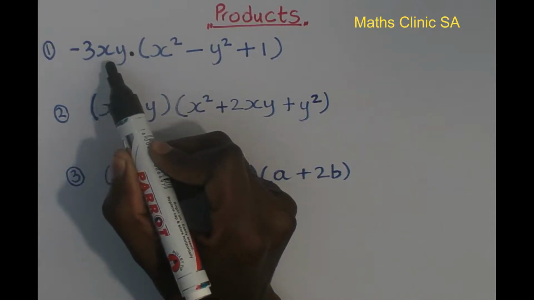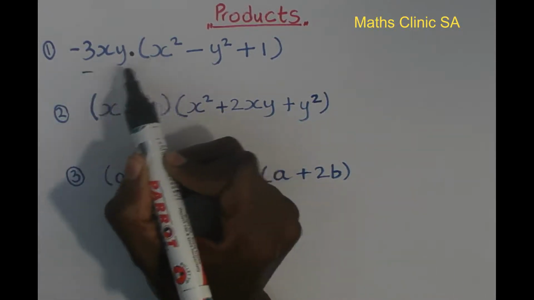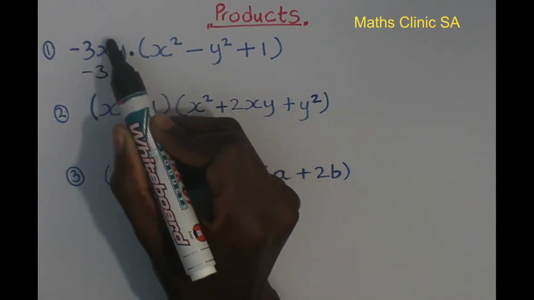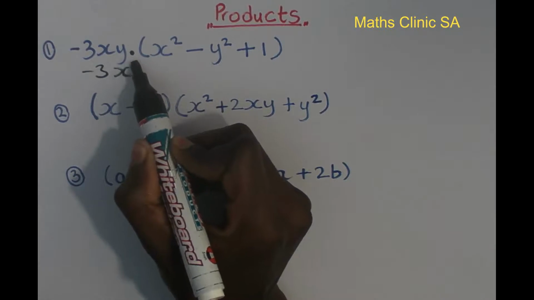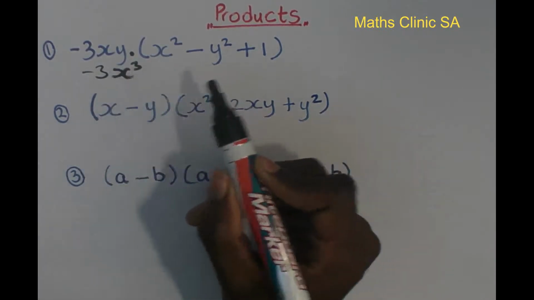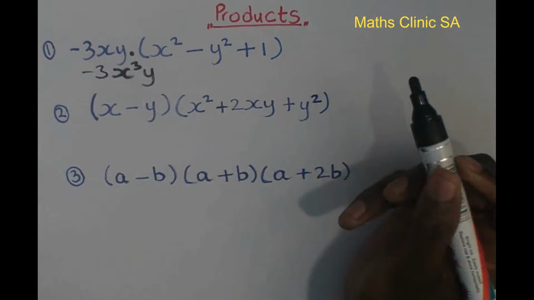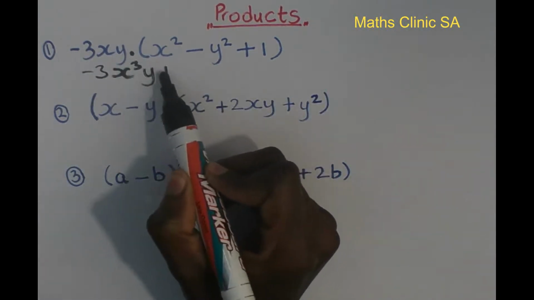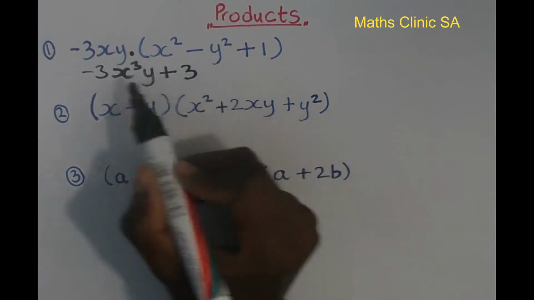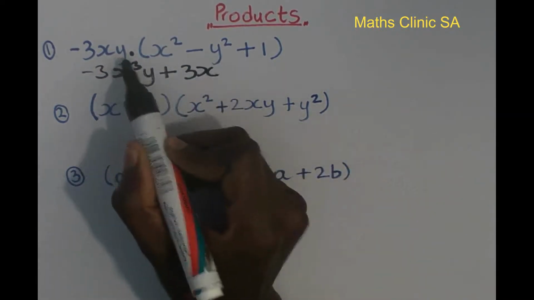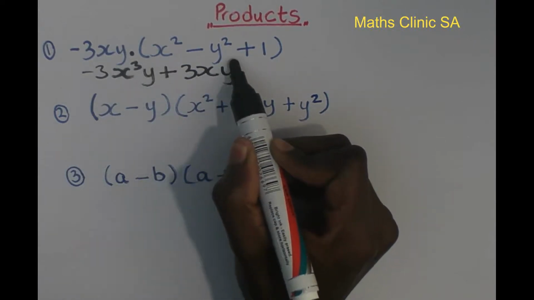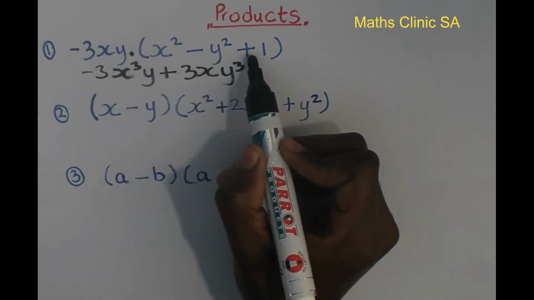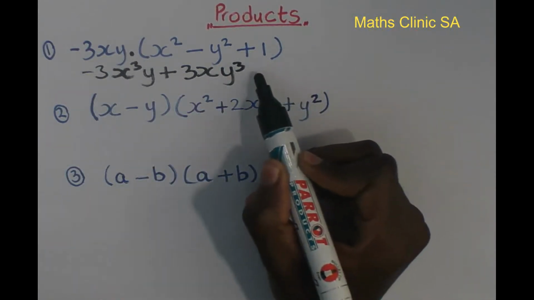So multiply minus 3xy with x squared, so it's minus 3, and then x times x, the x has an exponent of 1, so it's x to the exponent 3 because you add the exponents, and then there's no y here, so no y. Let's multiply everything here, so a negative times a negative gives a positive, so it's positive 3. Okay, x because there's no x here, y times y is y to the 3 because we add exponent 1 and 2, which gives 3. Now multiply the last one, it's going to be a negative